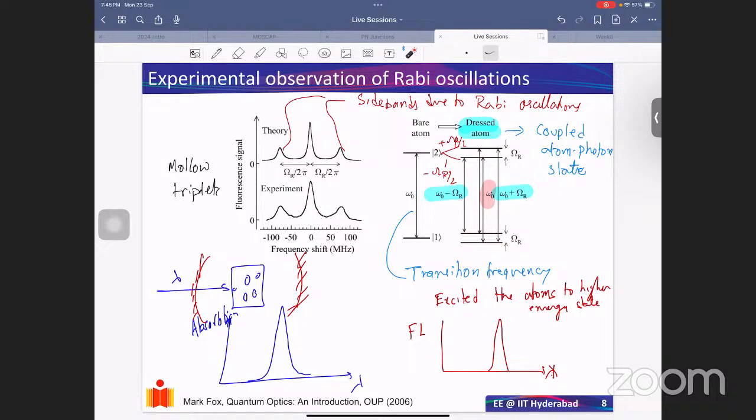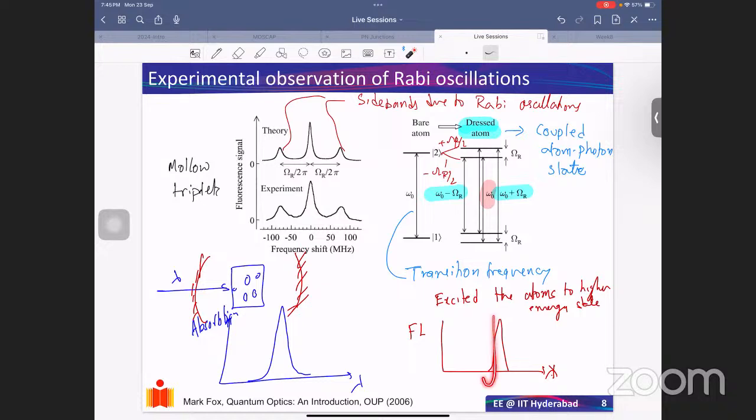There's a Rabi oscillation frequency here. Basically, the spacing is this Rabi oscillation frequency. And you have these two sublevels which are created. This is because of the interaction of the atom and the cavity, or rather, in some sense, the atom and the photons that are present in the cavity. So now, if you do fluorescence on this system, same measurement,